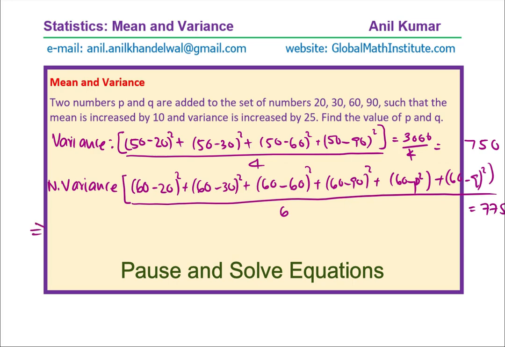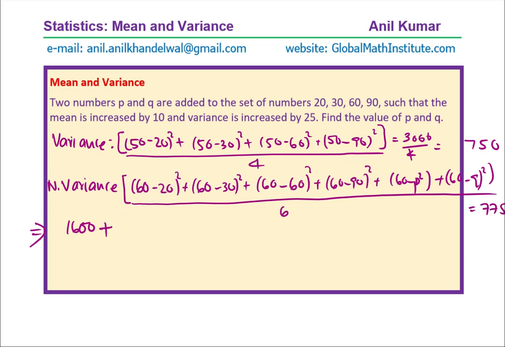So we get an equation from here which is equivalent to, let me write down a simplified equation, which is 1600, which I got by 60 minus 20 is 40 and square of 40 is 1600, right? So that is how we'll just add these terms, and that is 0 and this is 30 square, right? So we have 1600 plus 900 plus 0 plus 900